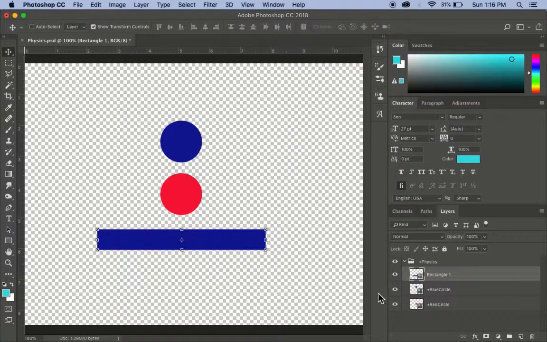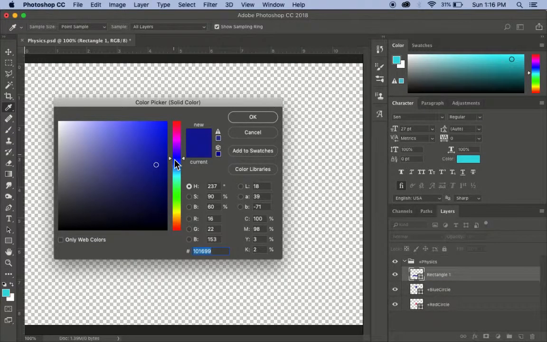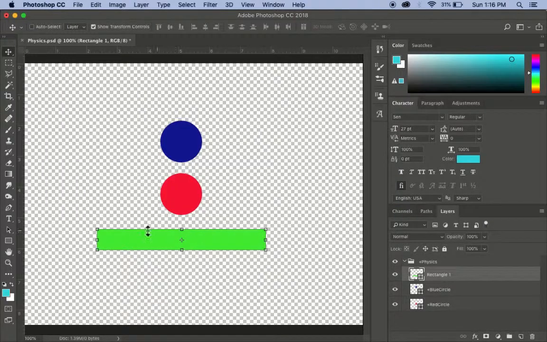If you want to change the color of the shape, we come over to our layer panel and double click the thumbnail, and now we can pick a color, and there you go. Really important, we need to change the name of this layer. So double click that, and then you can